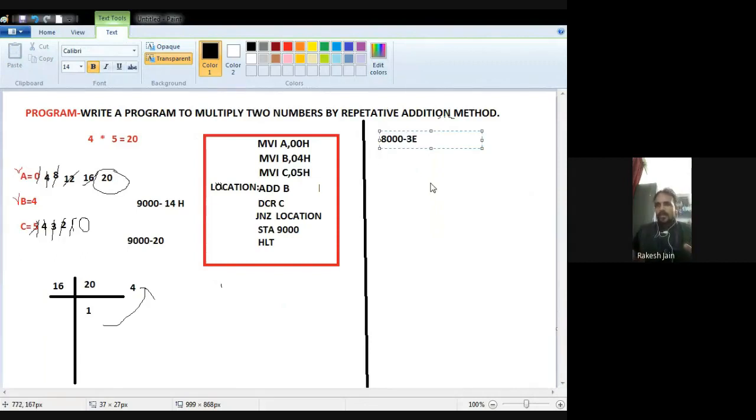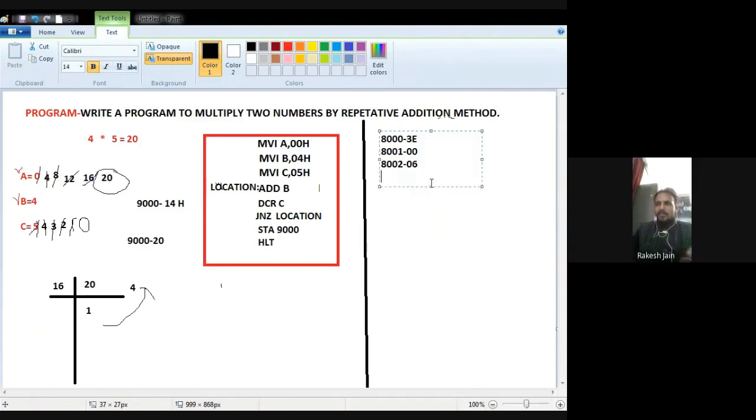Then the next memory location will automatically be 8001. The data I have to load on the accumulator is 00. So MVI A, 00 is finished, because I load the hex code of MVI A from the opcode table, then at the next memory location I load the content, that is 00. Then at the next memory location, MVI B. What is the hex code of MVI B?